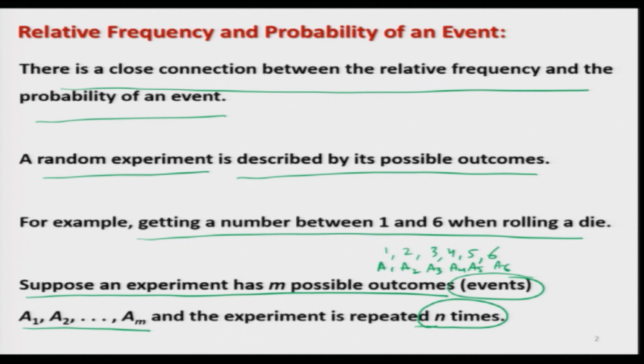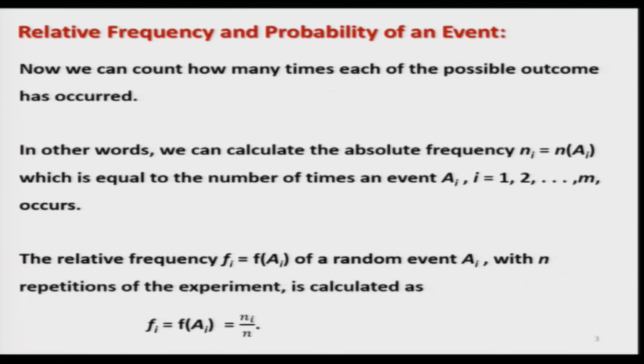Now, you try to repeat this experiment, say suppose I roll a die 100 times. So, in this case your m is going to be 6 and n is going to be 100. So, this is what I mean when I say that the experiment is repeated small n number of times. Now, once you have repeated the experiment, you can count how many times each of the possible outcomes has occurred,